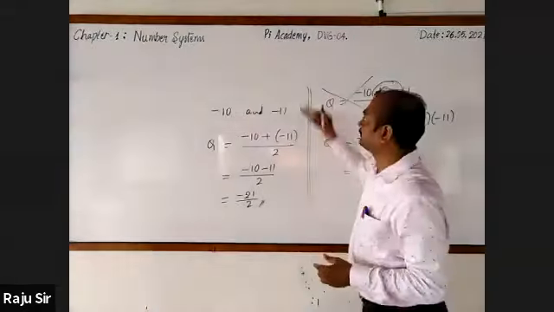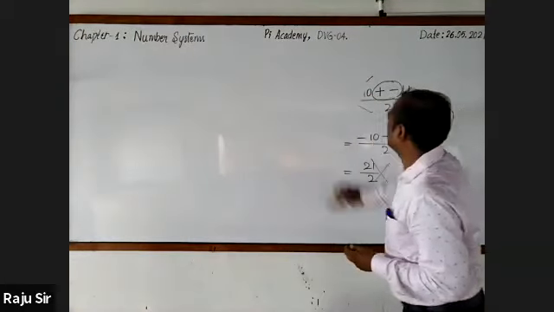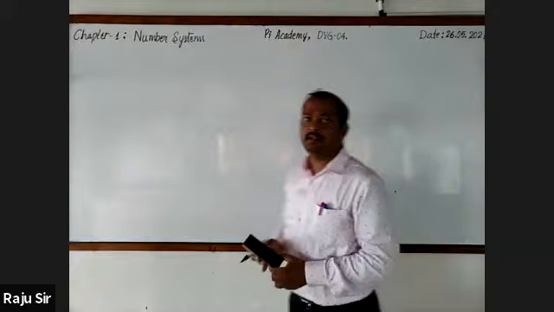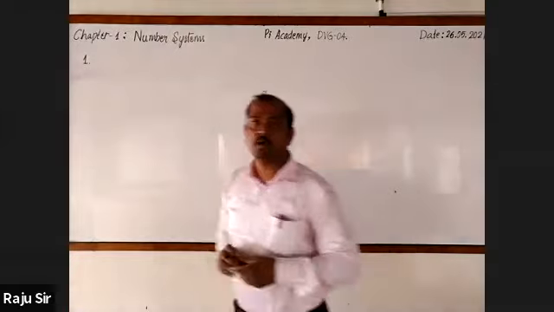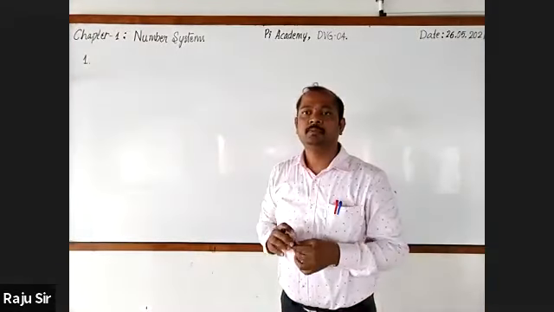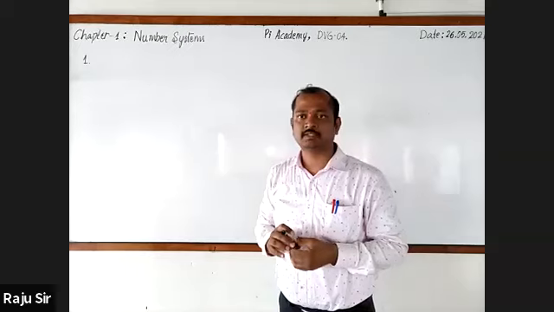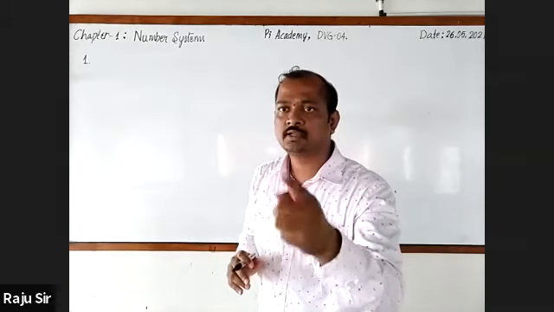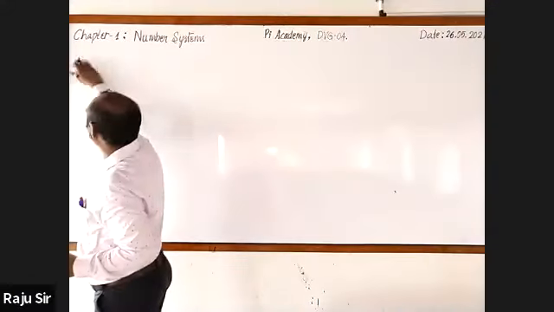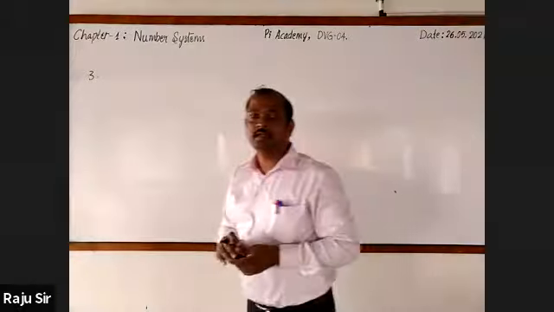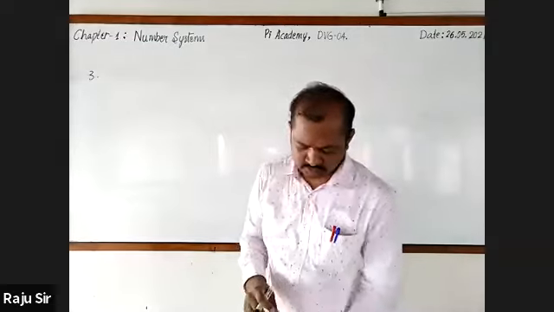Okay, now let's continue to solve the problems. Yesterday, in worked examples, the first question was: find a rational number between the following rationals. How many problems were over? Two problems. Now we have to write the third one. Again, I'll give you a simple one. Afterwards, we'll move on to take some more problems.